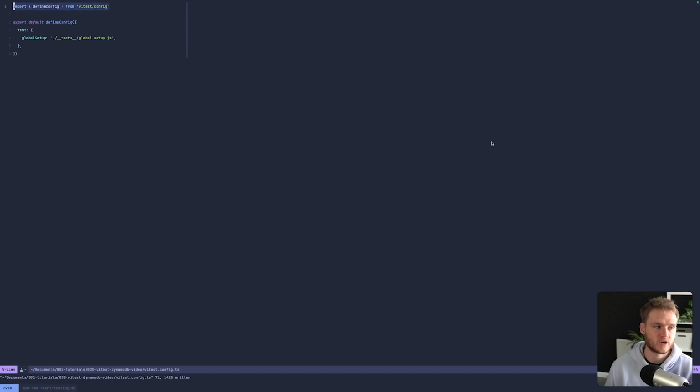You can see here, we actually bring in the define config function from Vitest. This just allows us to define a lot of base config basically. And you can see we leave a lot of it as the defaults. The only thing we really add in is this global setup file, which just points to a file which will